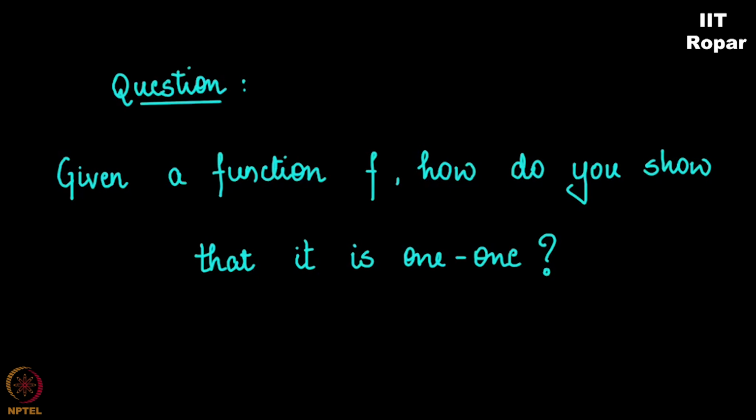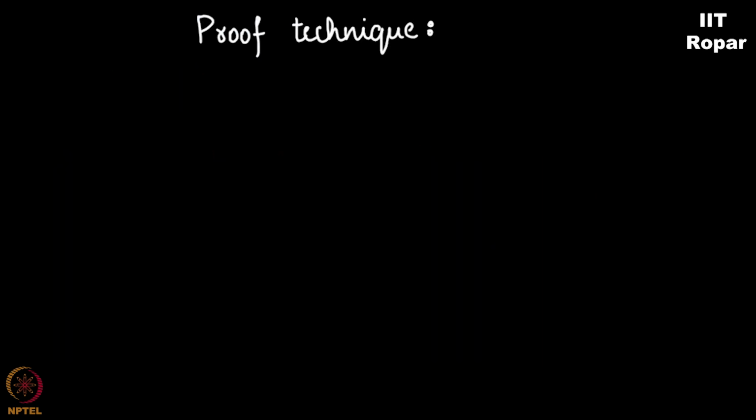But when the function is an infinite function, by that I mean it has a domain with infinitely many values, you cannot pictorially try to see if there are two elements going to the same element, right? It is practically impossible to check this for infinitely many elements. So there is a proof technique that you can use. What is that? Let me explain that using a very simple, straightforward example.